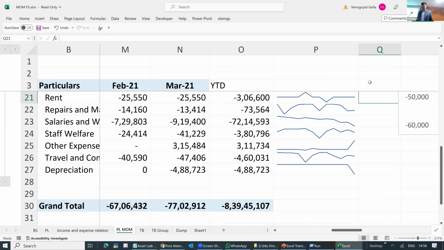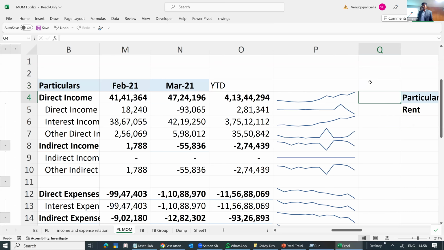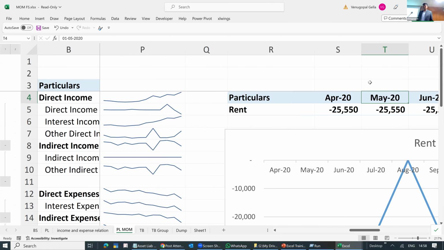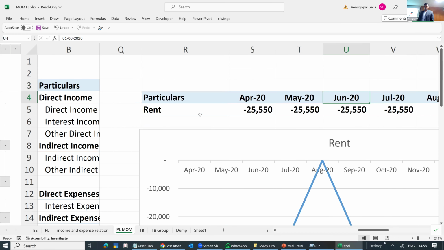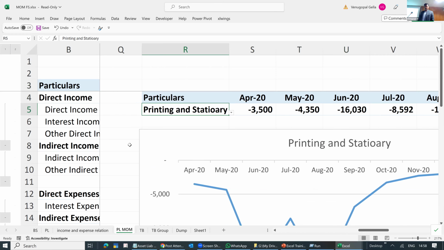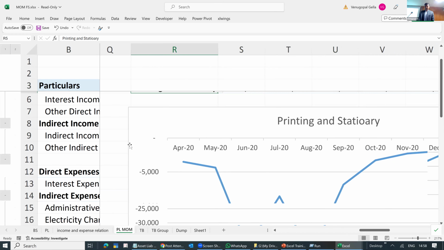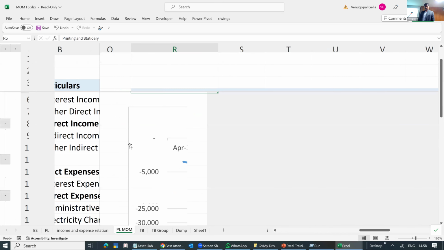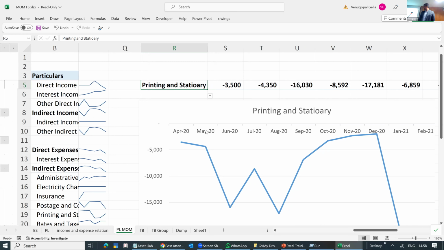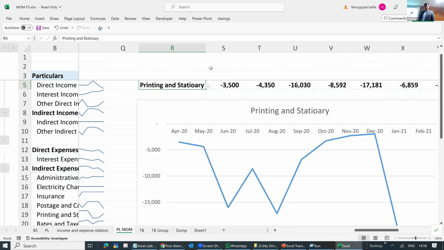You should also have the ability to create a simple trend. Here, rent has been selected, and this is my graph for printing and stationery. With the data table, let me just hide some above.